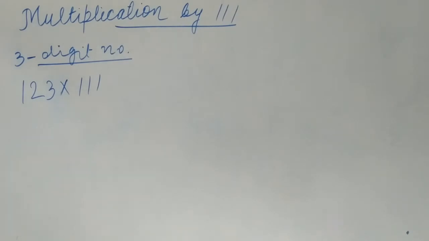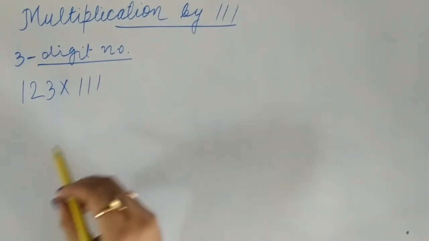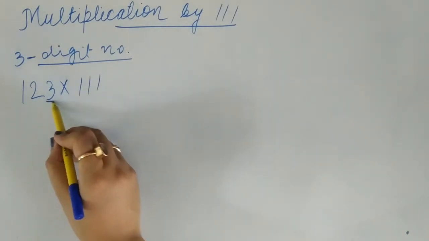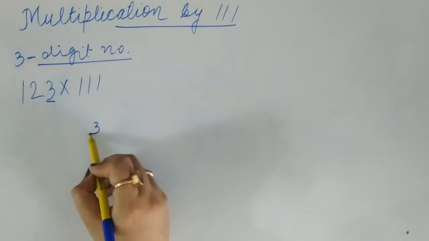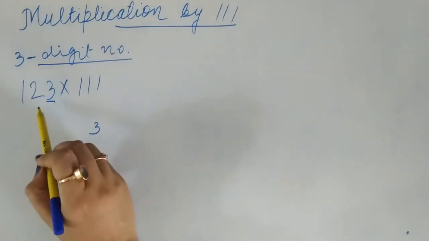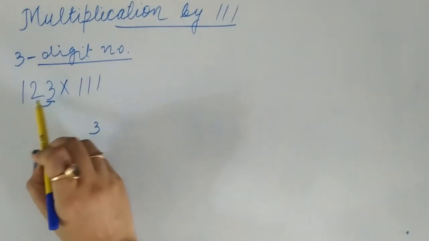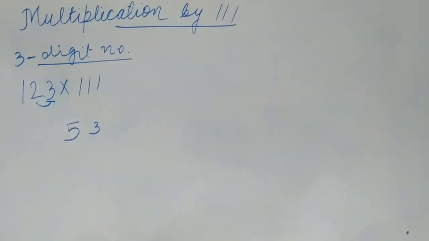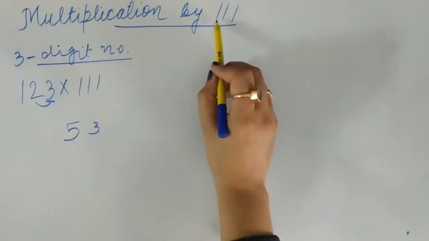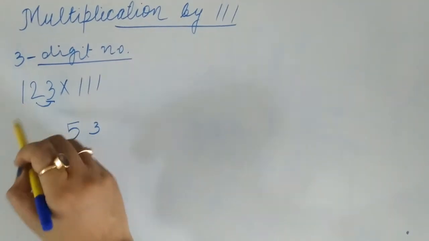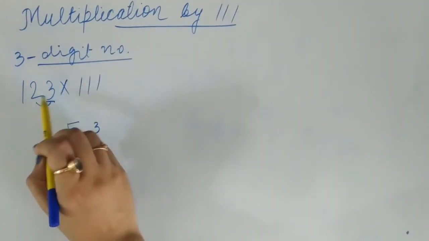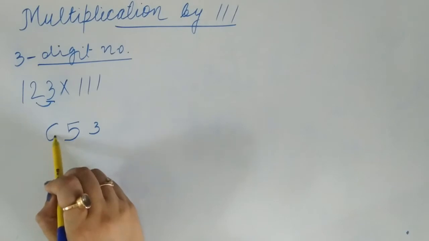Now let's learn the multiplication by 111. Let's take any 3-digit number, say 1, 2, 3. 123 multiplied by 111. So what we have to do is, again, follow the same previous method. We have to start with the unit digit, so we'll write here 3. Then we have to add the 2 digits, that is 3 plus 2 will give us 5. Then, since here we have 3 digits, we have to go till 3 digits, like 3 plus 2 plus 1, which will give us 6.